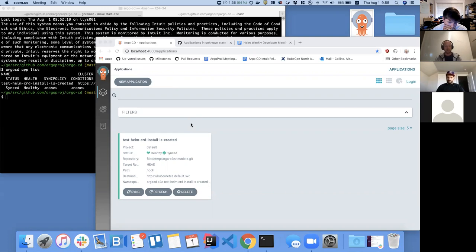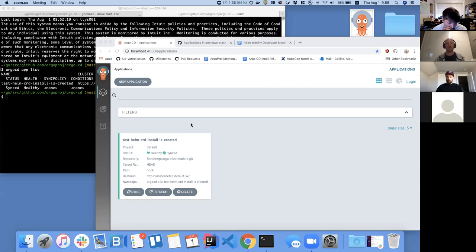And the way that it does that is effectively it checks out the code from Git every 3 minutes. It then runs a tool such as Helm or Kustomize on it to produce a set of manifests. So it basically runs helm template, and that produces a set of manifests, and then it looks in the cluster for the manifests that are labeled with the application name, and then compares the two of them. And if they're different, it considers that application out of sync, and if they are the same, it's considered in